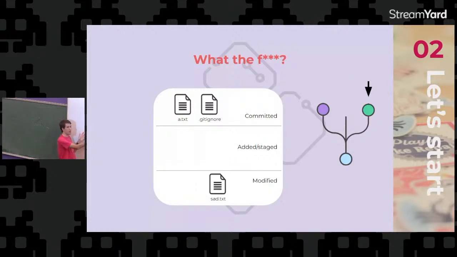Git understood that we added git ignore, and the difference between this commit and this other commit is that we added only git ignore. So when you check out, sat.txt will not be removed. Okay? I don't know if you understood all this, but the thing is, why I'm saying this, because it's important